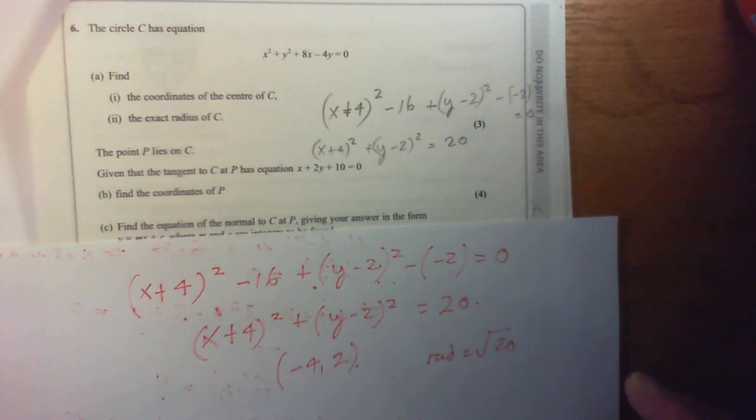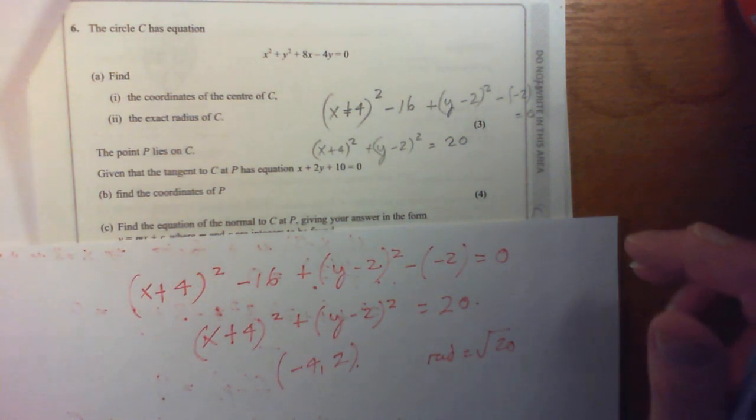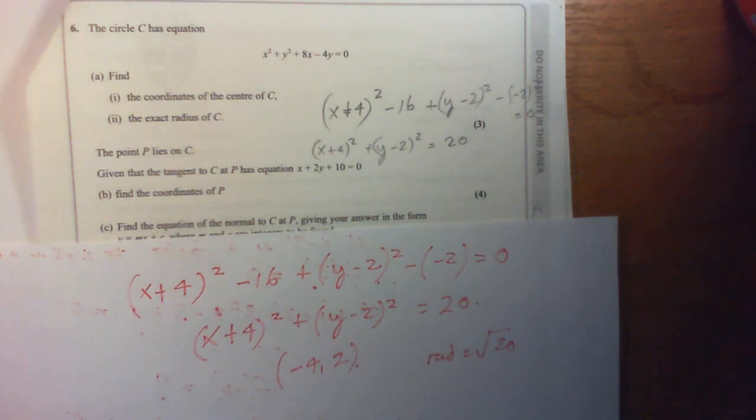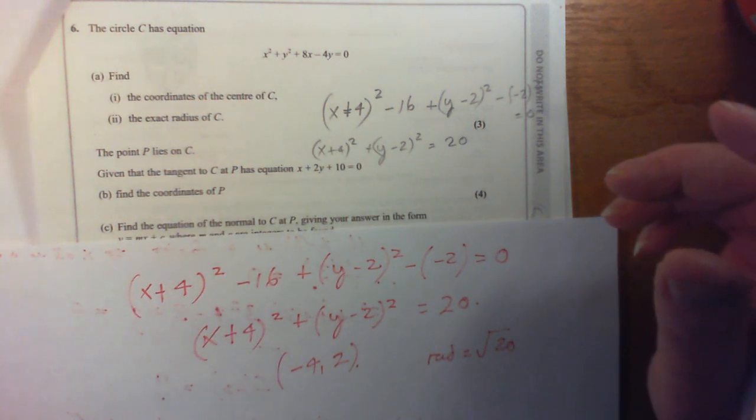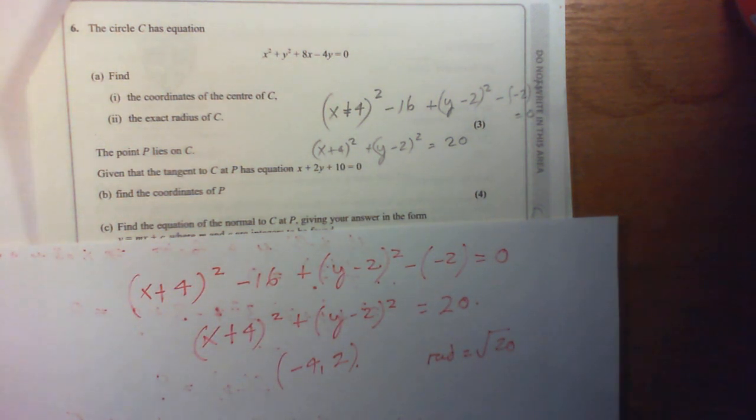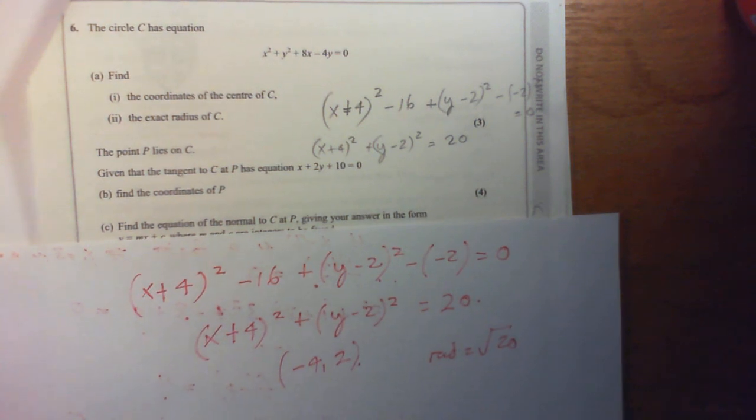The rest is fairly straightforward, probably. The tangent, so you just sort of rejig the tangent and substitute it into the circle equation, and that'll give you the coordinates of the intersection, and then it finds the gradient of the normal. One thing I could possibly say about the normal is that